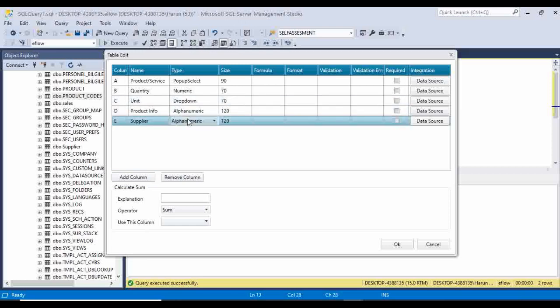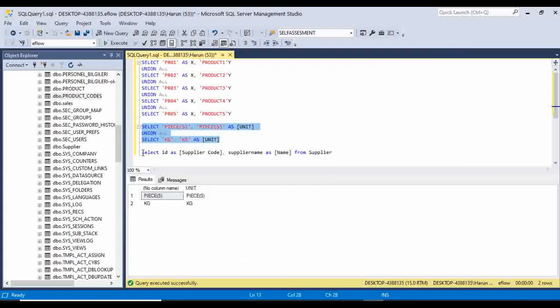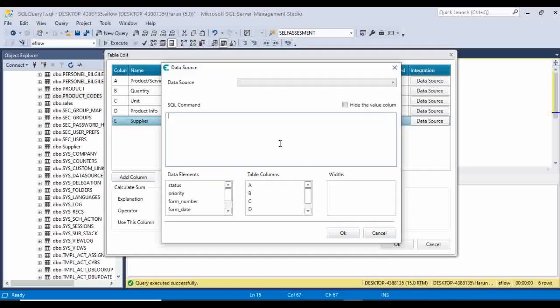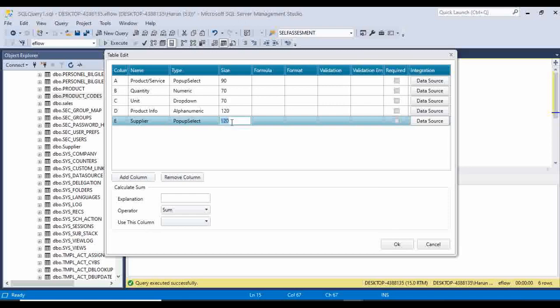Supplier will be in pop-up select type 2, and I'm gonna use another query that I already created, and it's here. Let's see our query, and this is the result of the query. So I copy and I paste my query here again by using eFlow data source, and let's change the size to 100,